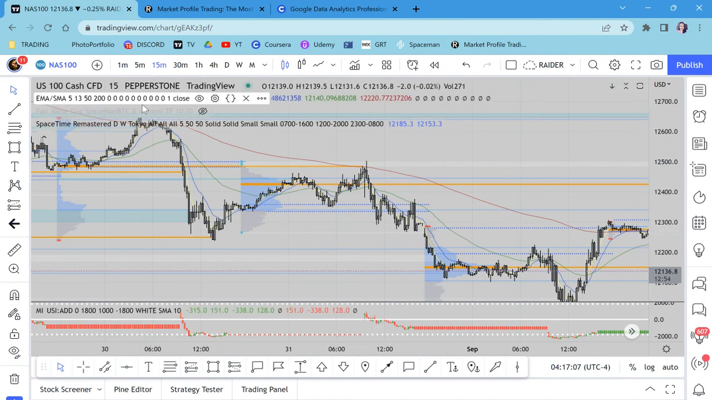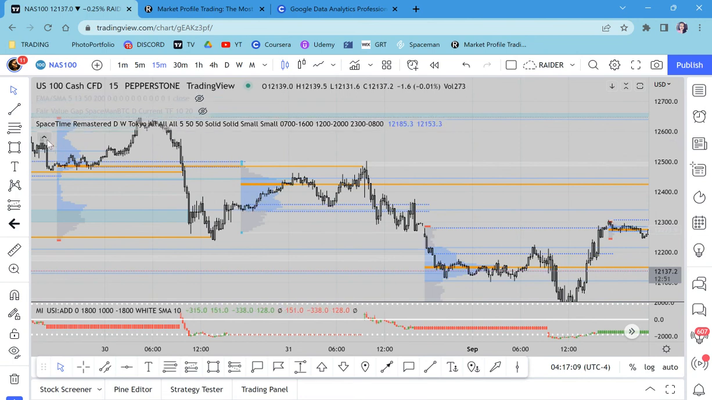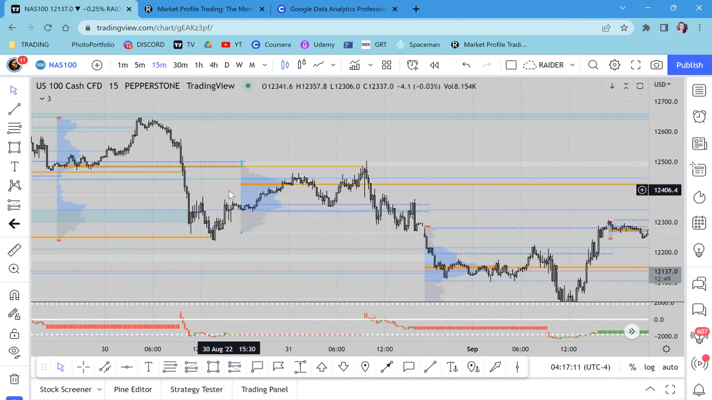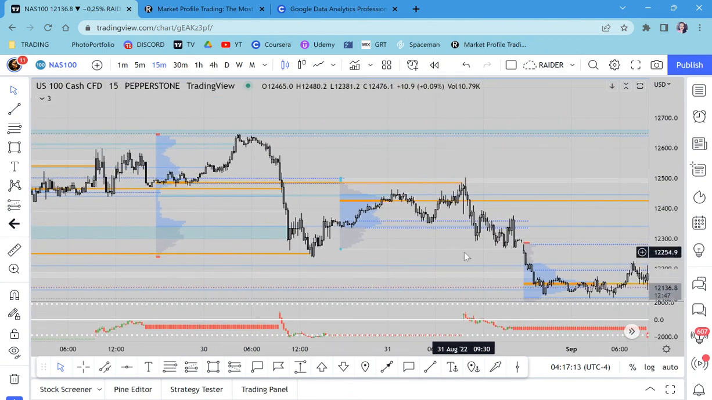So this is just strictly looking at this and how price is touching each and every level, not looking at